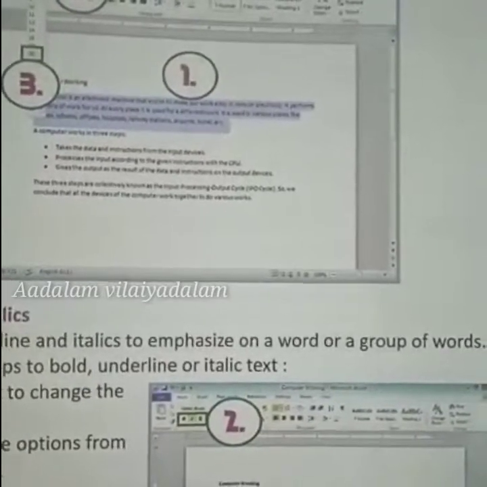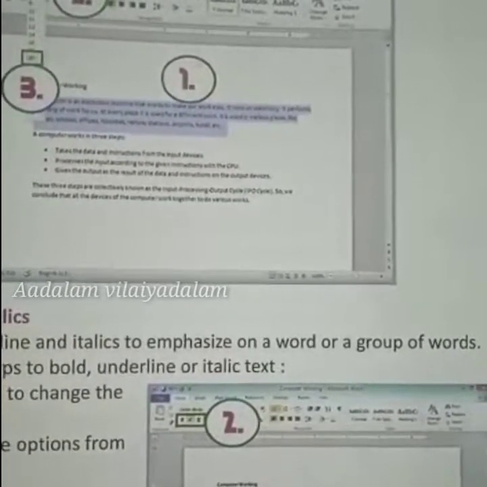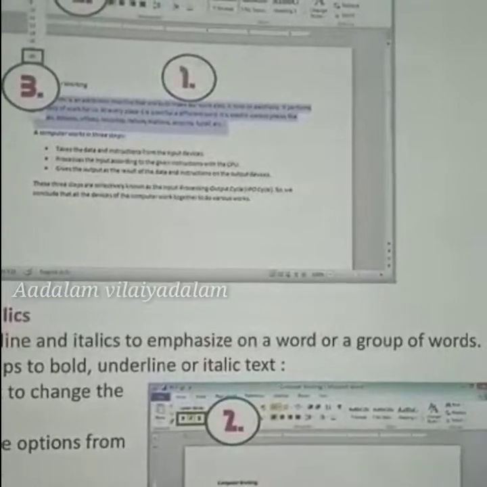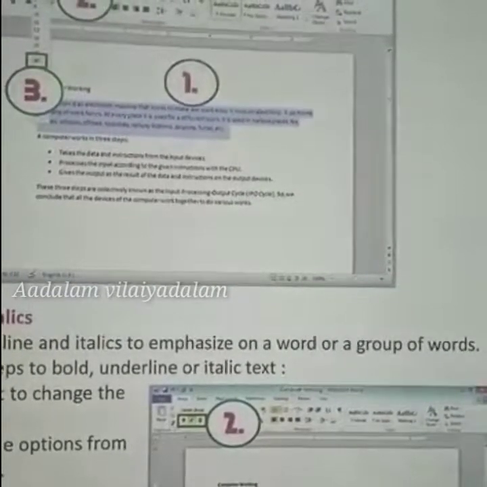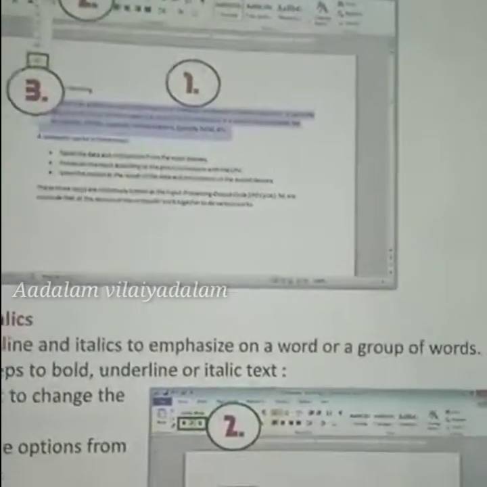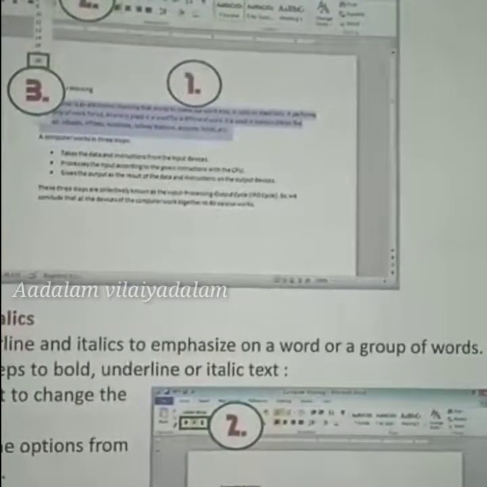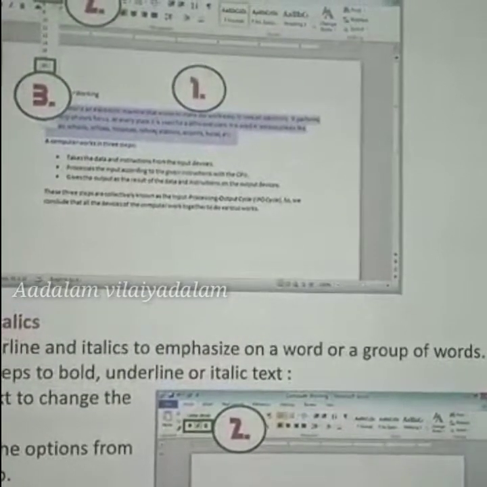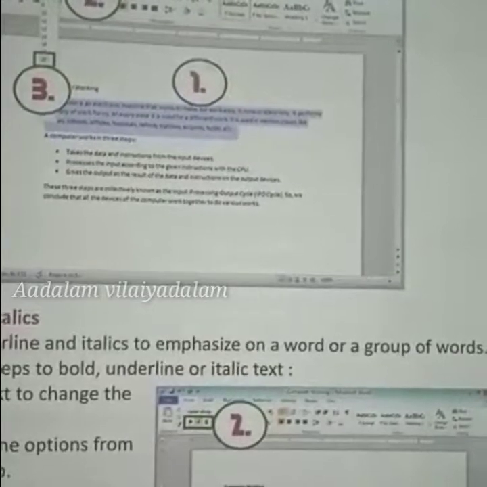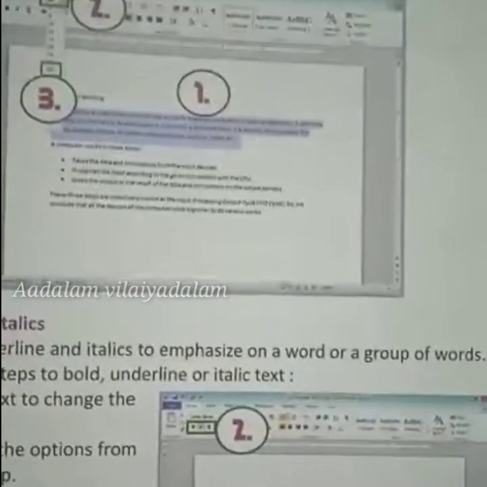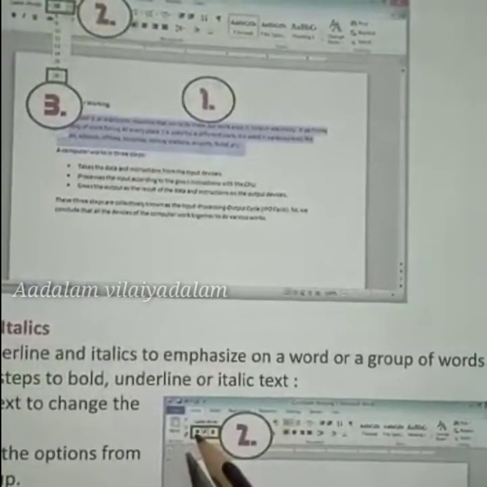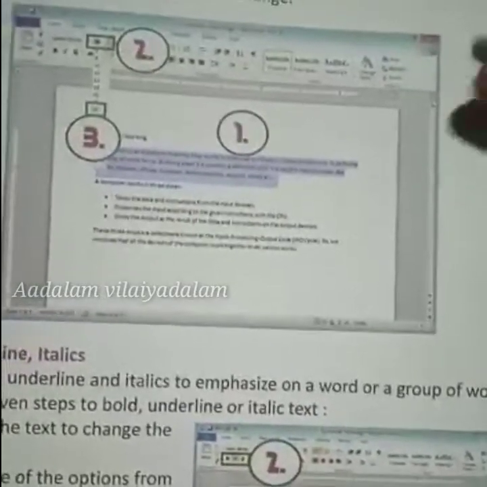The text will be highlighted like this. This is the example for underlined text. The text will be underlined. And this is for italics. The text will be slightly slanting. This is the example for italics. So if we want the required style, select the text and then go to the option bold, italic or underline.